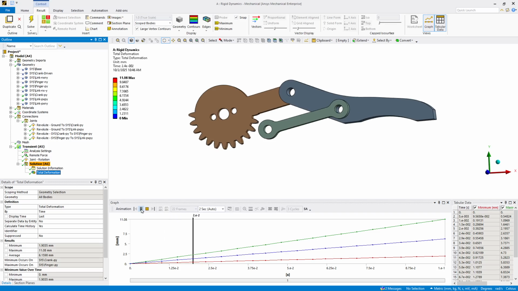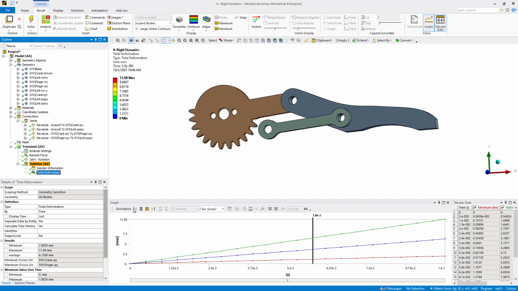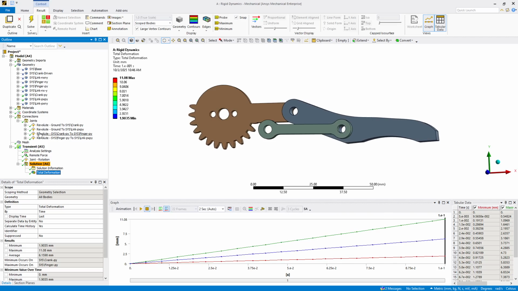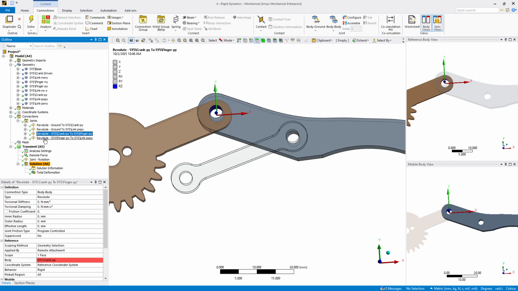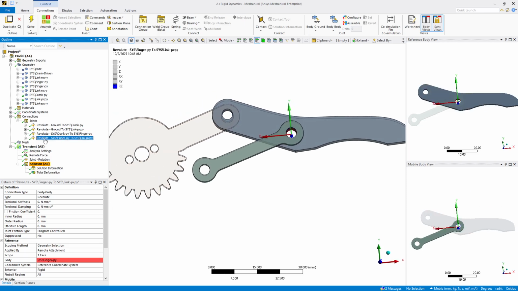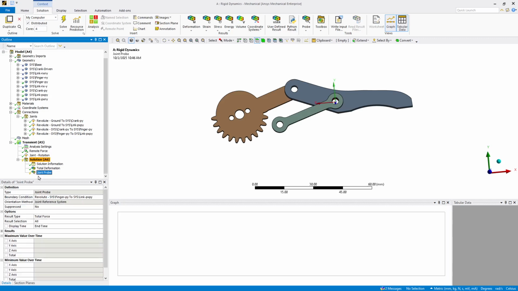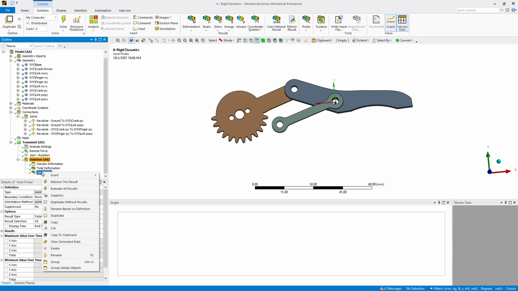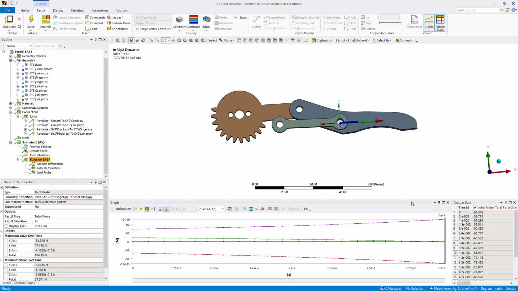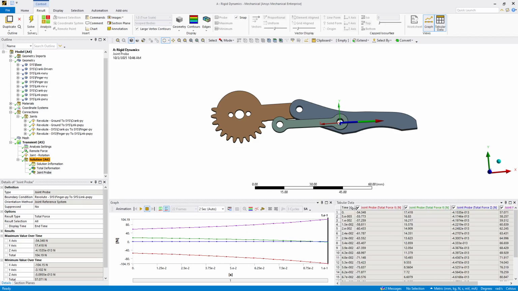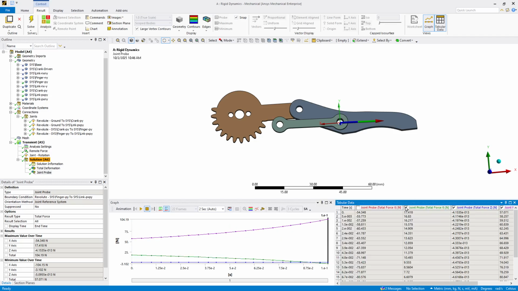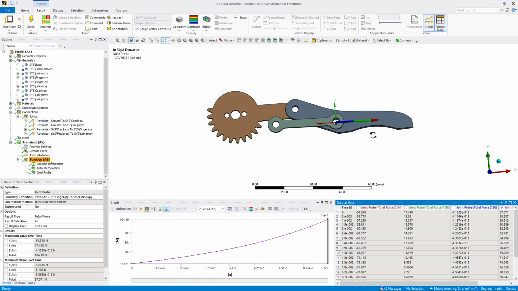And in the next video, we'll transfer the, well, first we'll measure some of the forces. If I want to know the force going through, say, this joint, I can ask for output by dropping it on solution, getting a joint probe for that, and evaluate those results. So here's the graph, and I'm interested in, say, the total force. Total force ramps up from 57 to 104 newtons as the angle changes to push against that constant 20 Newton